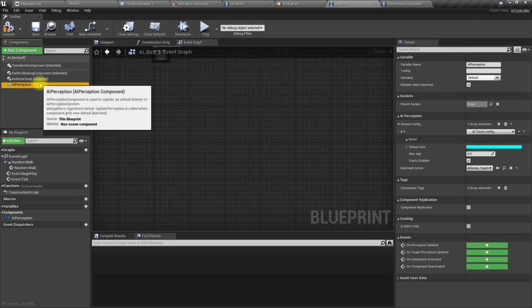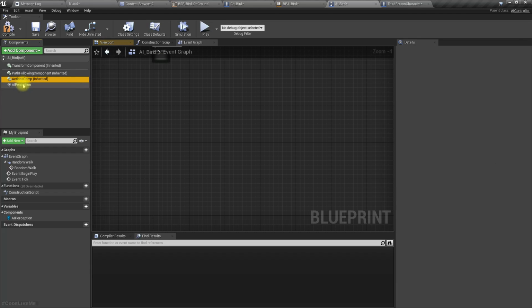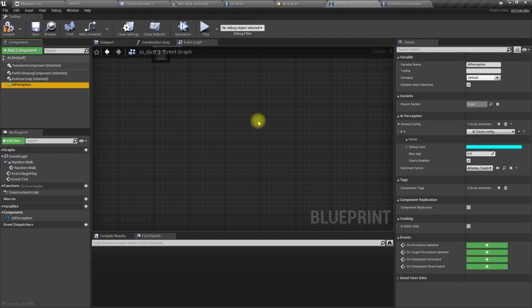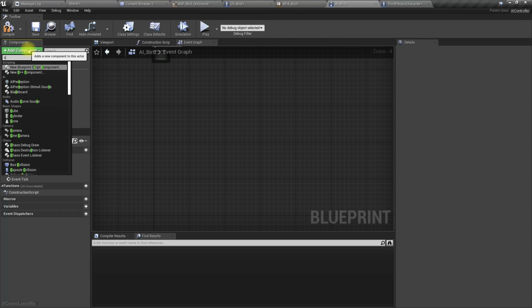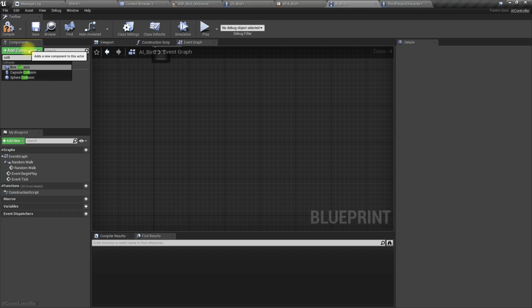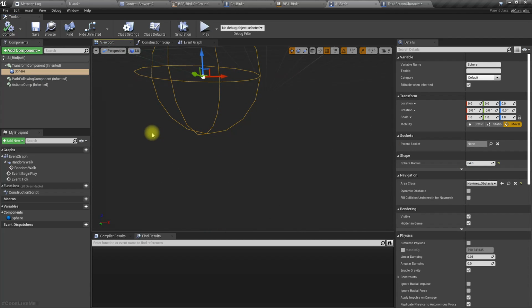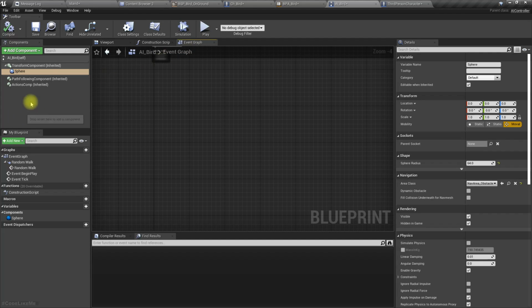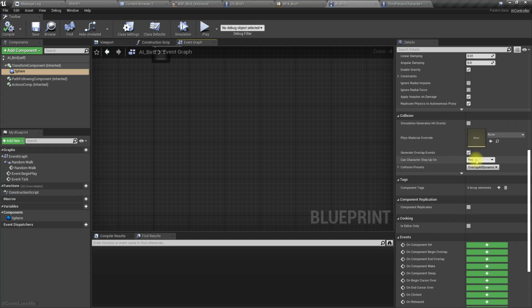So I tried to use a touch perception, but somehow it is not working. I don't know why. It doesn't fire any event. So therefore, here let's add a collider, a sphere collision. Let's set the radius to 64, and then here under the sphere, let's set collision to overlap all dynamics,